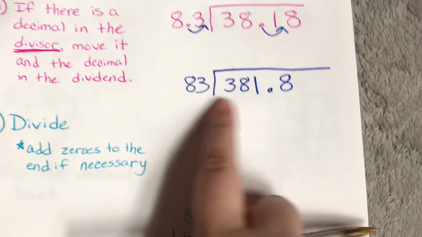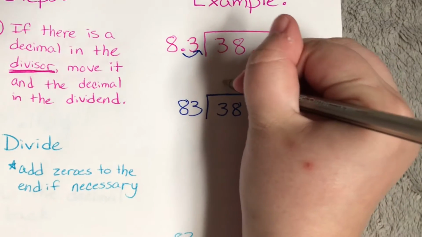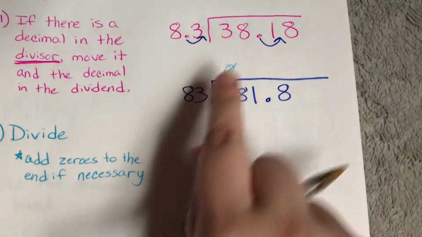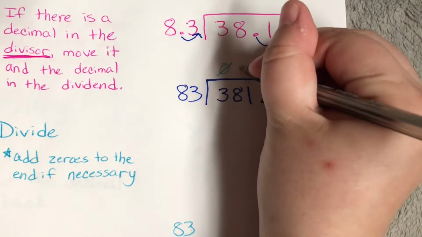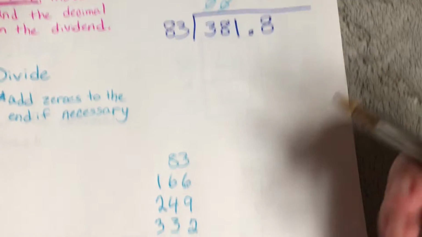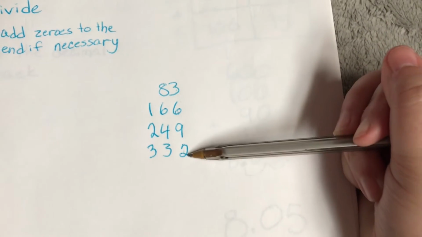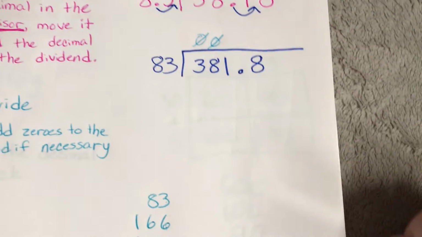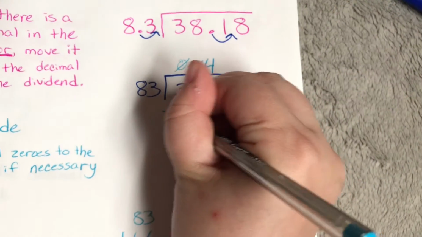So 83 goes into, can it go into 3? No. So I'm going to put my 0 there. Can 83 go into 38? No, it cannot. Can 83 go into 381? Well, yes, it goes in 1, 2, 3, 4 times. So 332. So it goes in 4 times. I put my 4 up top. And I subtract